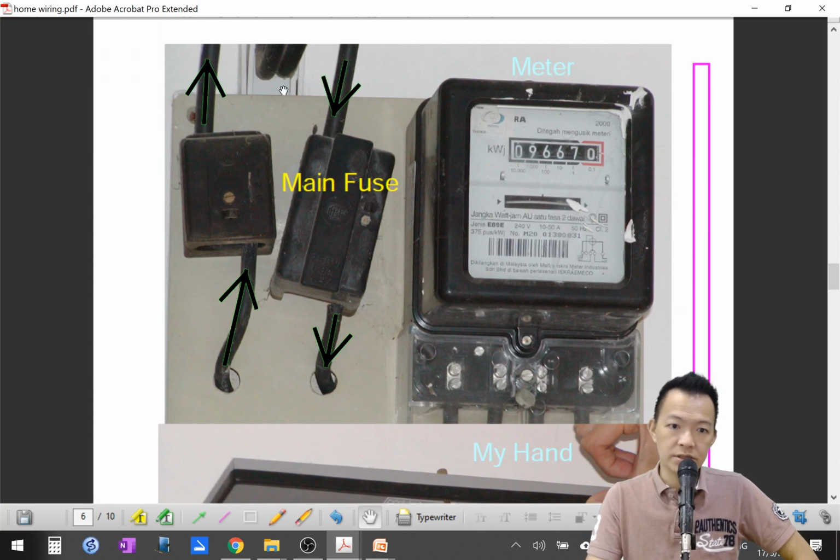这两条 wire 就是从路边接出来的，对不对？One will be live, another one will be neutral. Or how you know which one is live? 你这样知道什么是 live wire？那 for this wire, it will be connected to a main fuse, and the fuse actually inside